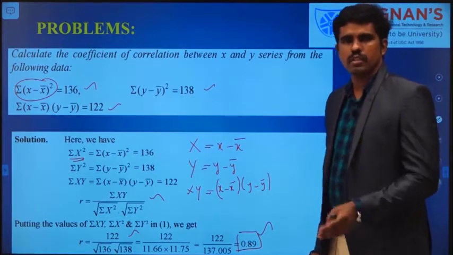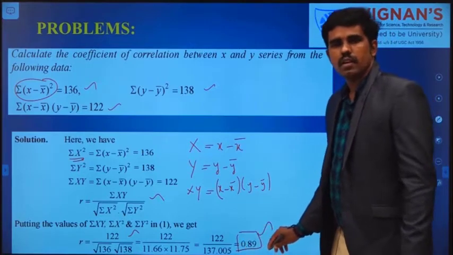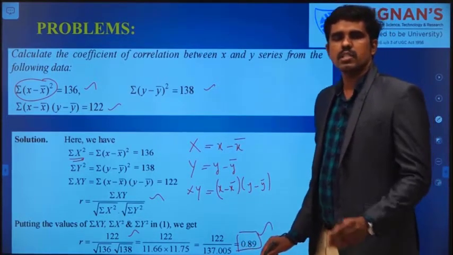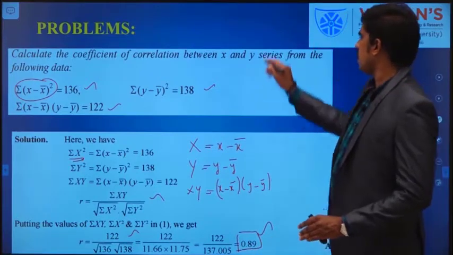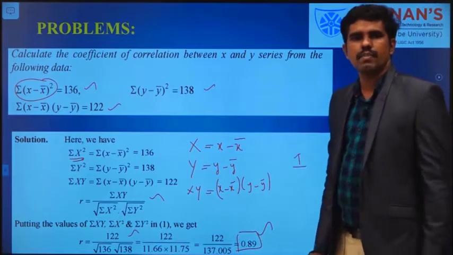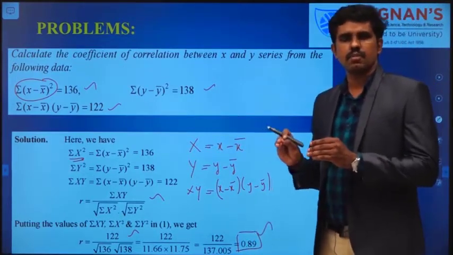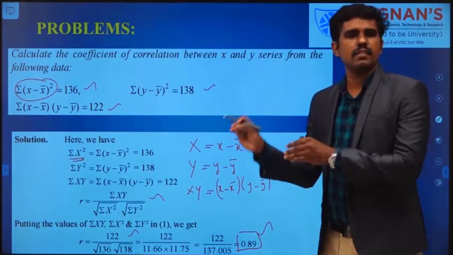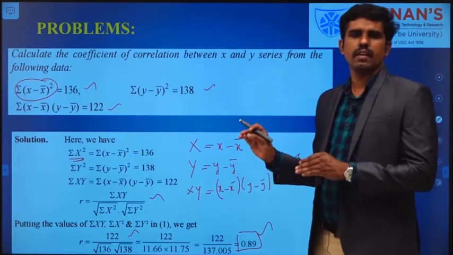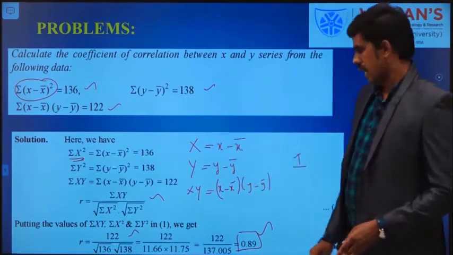And can you tell me the strength of the relationship? We are getting positive 0.89, right? Our maximum value is 1. So we are getting 0.89, which means somewhat of a strong relationship. A high strength is there. We cannot say perfect strength, but high strength is there. So we can conclude that from this answer.